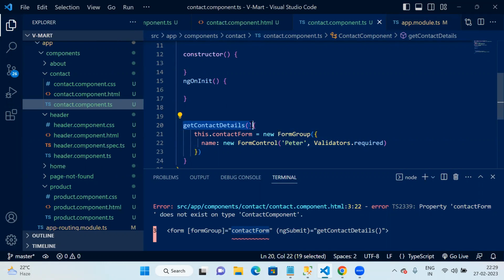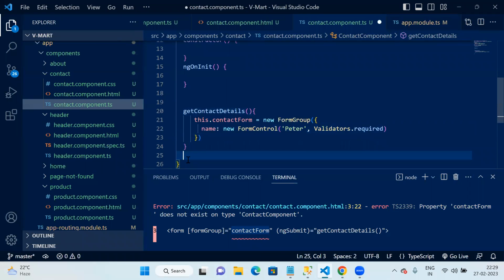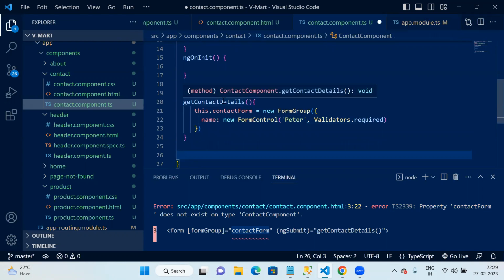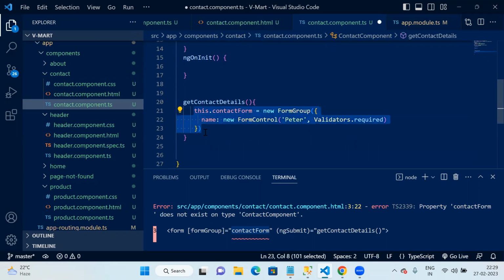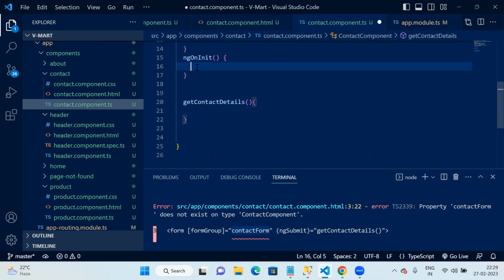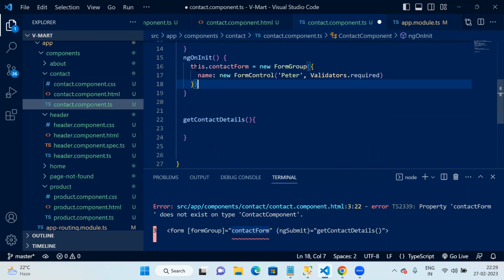This will get called on the submit, when the user clicks. So let me put something which will get called whenever the component is loaded. So directly I can put it in ngOnInit, save, and